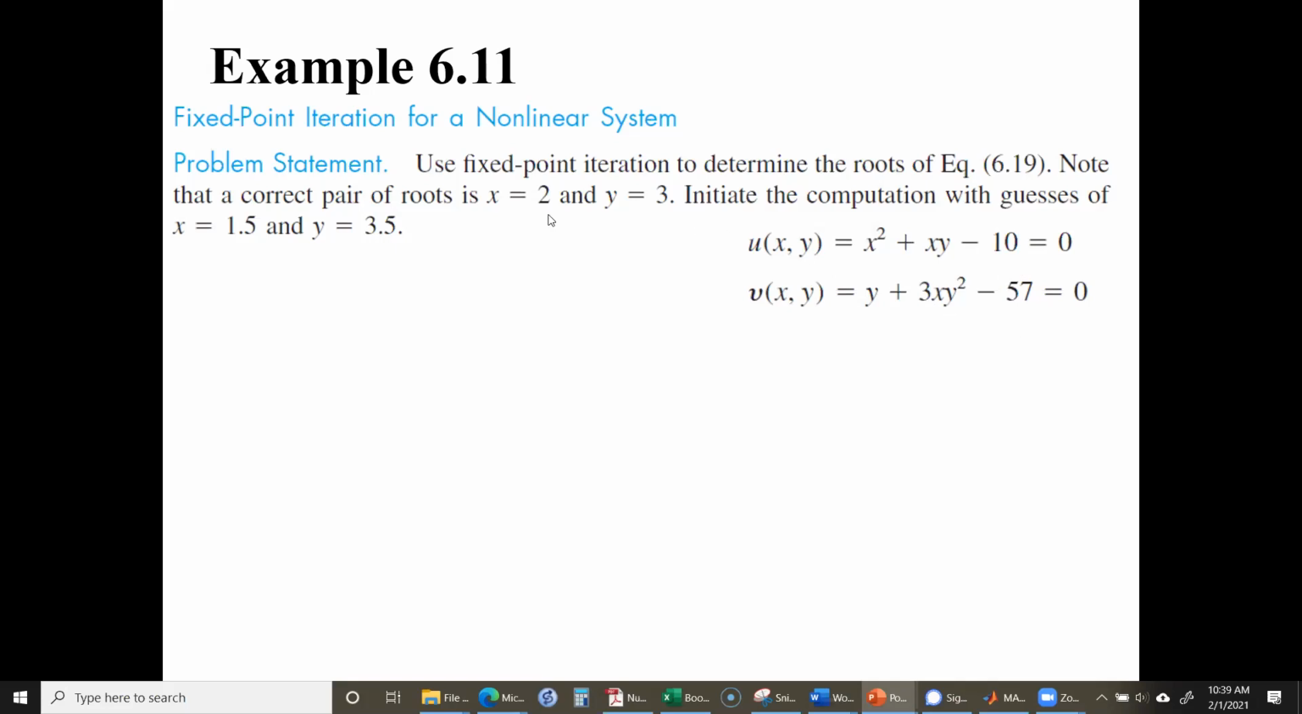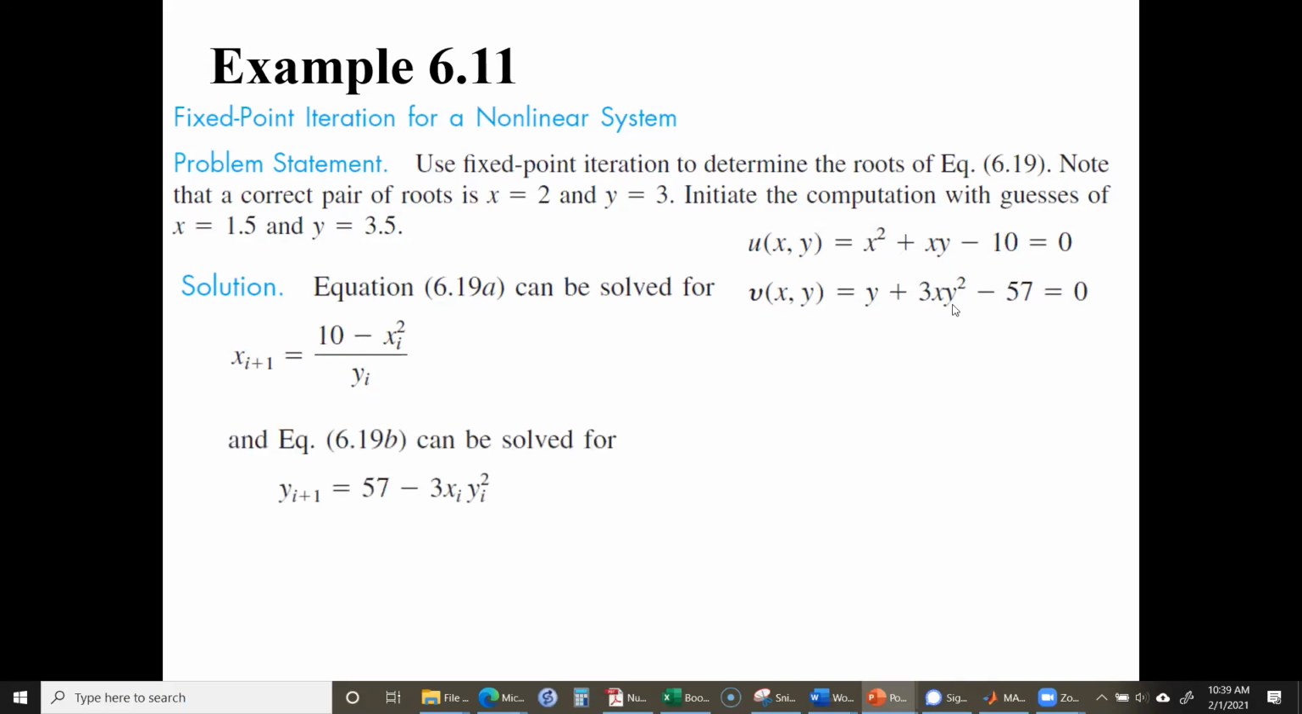Although we know that their true solutions are 2 and 3, suppose numerically we want to find their solution. So we can solve these equations like this. In the fixed point iteration method, for example, we can take these two terms, that is x square and 10, on the other side, and then divide that by y. So we get x is equal to 10 minus x square over y. Similarly, for the second equation, we can take y and 57 on the other side. So it will be 57 minus 3xy square divided by,